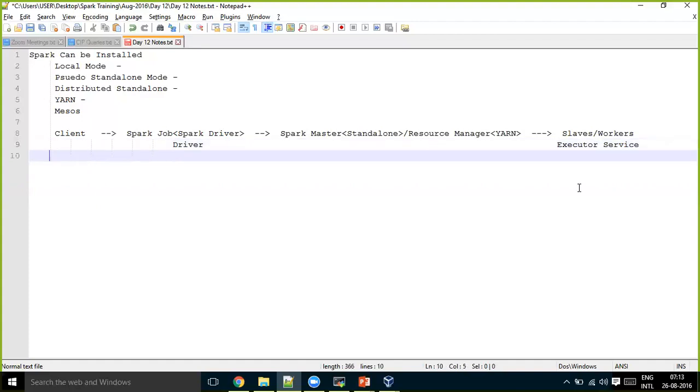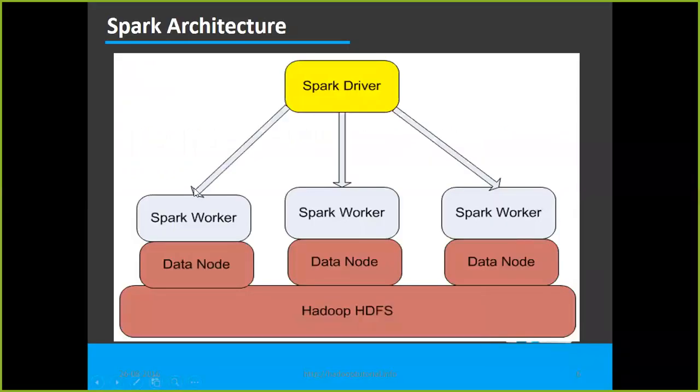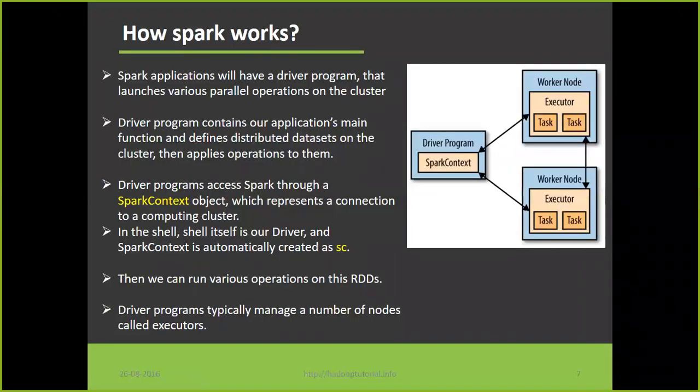Okay, now, let me get started with the development part of it. In order to submit any Spark job, when I say Spark job or Spark application, it's both the same, they must have one driver program.